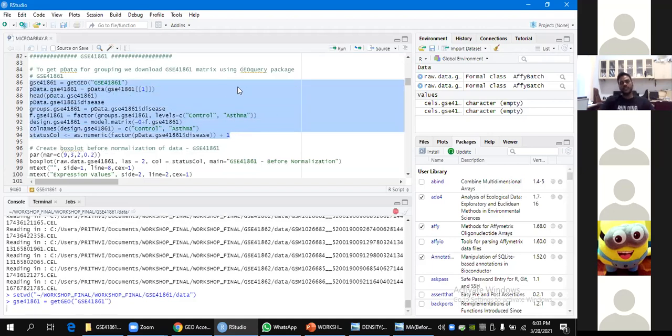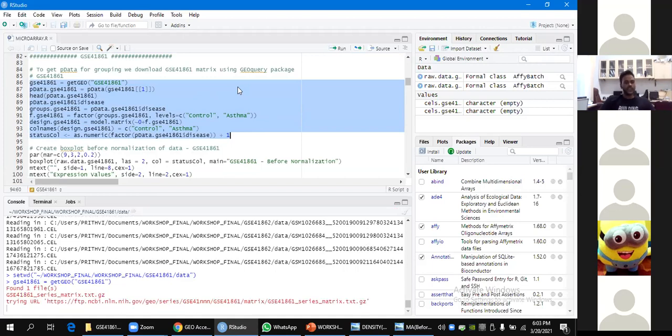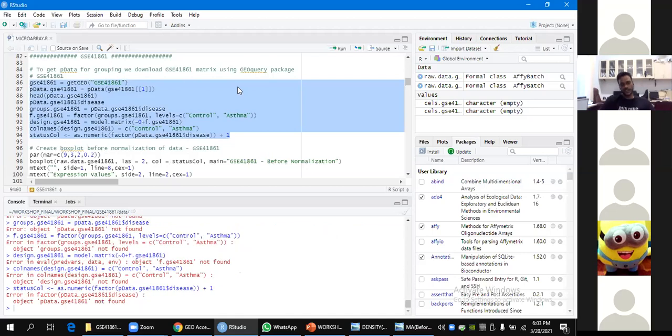We would be fetching the phenotype or annotation data for both the data sets individually, showing which sample is in which category and what the samples' clinical characteristics are, such as age and gender.